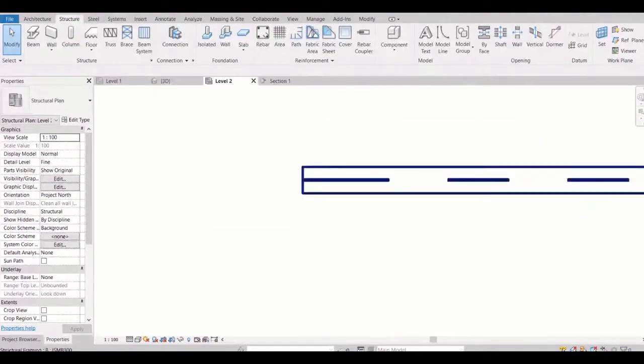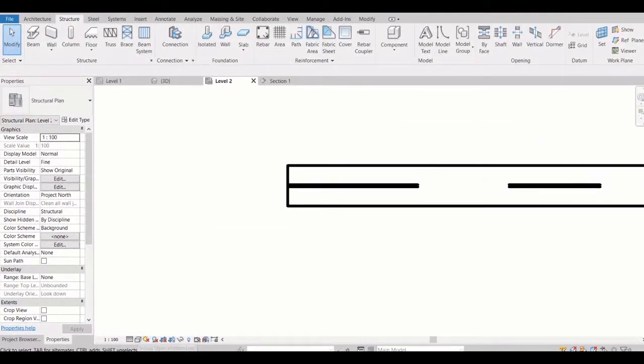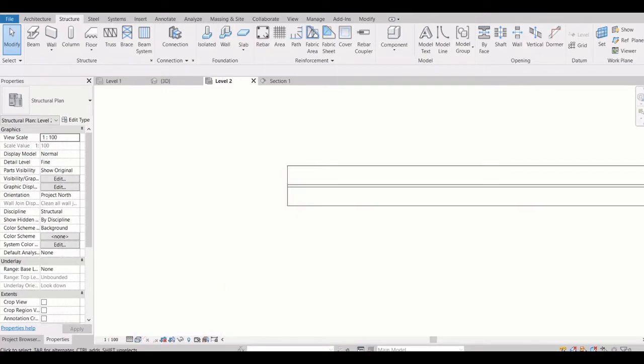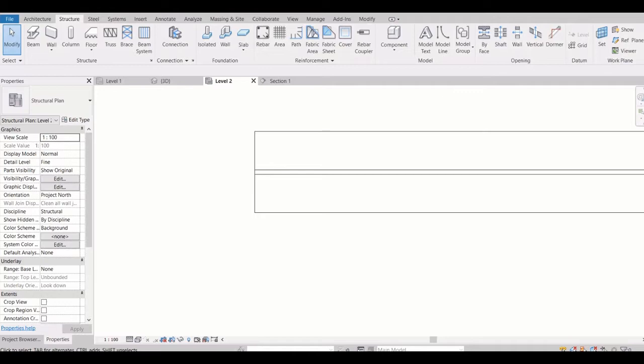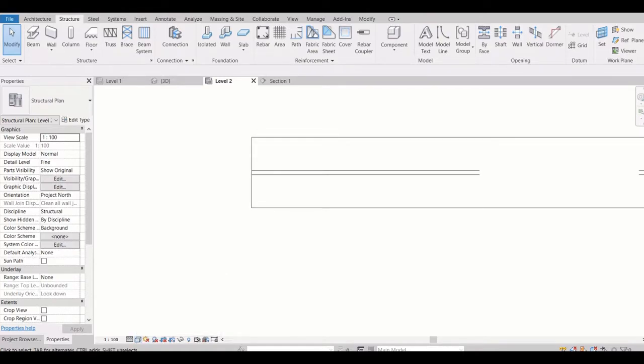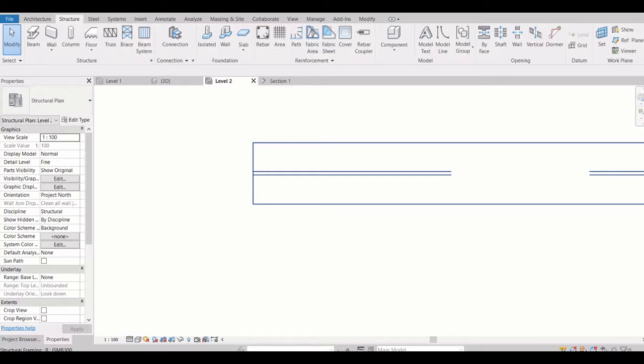Even if I have done wireframe here and change to hidden line, it changes this into a dotted line, right? Because the web is coming below the flange.